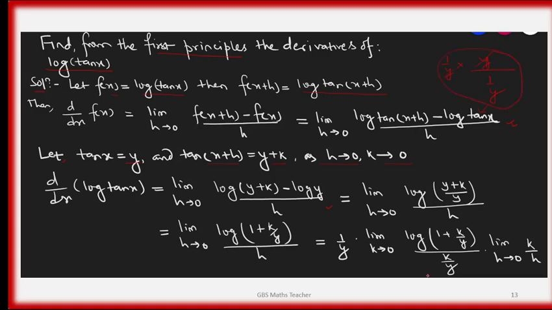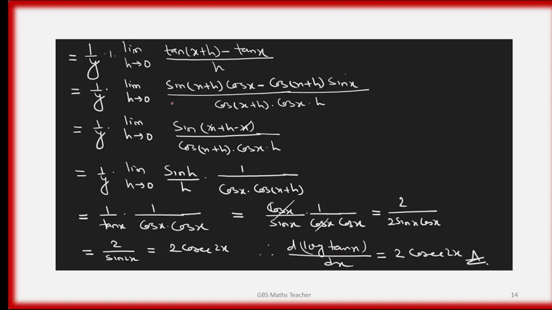So to develop this formula, log of 1 plus x by x, we have developed k by y. If we have divided by y, here we multiply by 1 by y, and k by h is written here. k can be cancelled, y can be cancelled, then it remains in the same position. To apply the formula, we have developed this, and the limit h tends to 0 of k by h. Then moving to the next part, 1 by y times 1, the limit h tends to 0 of k.